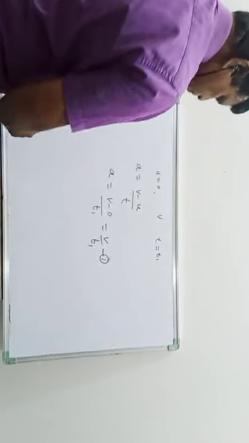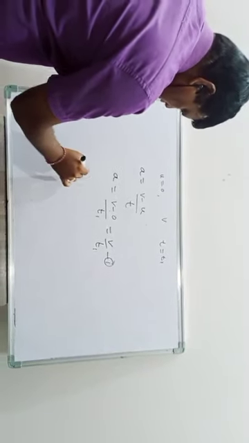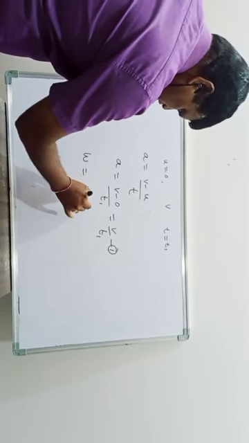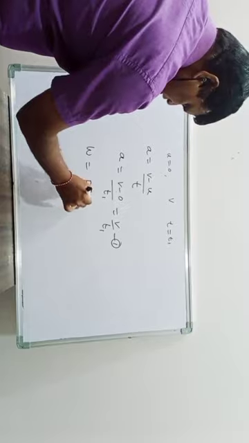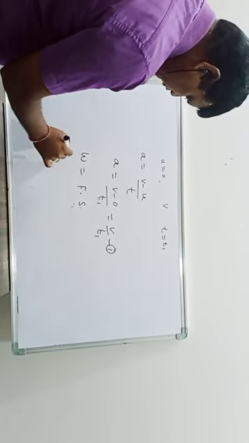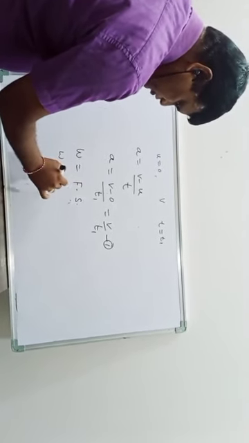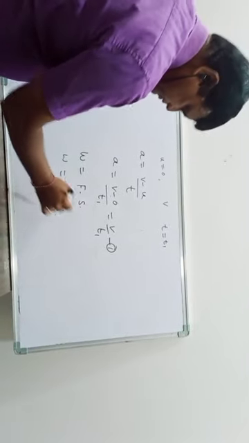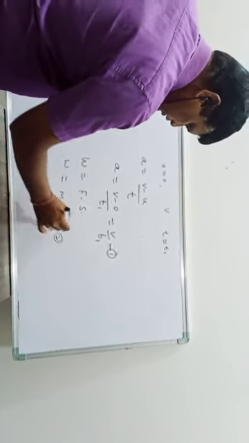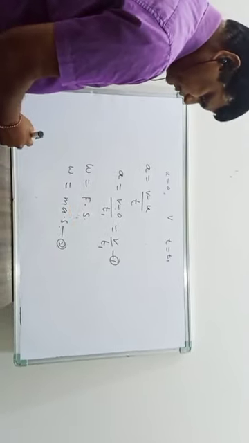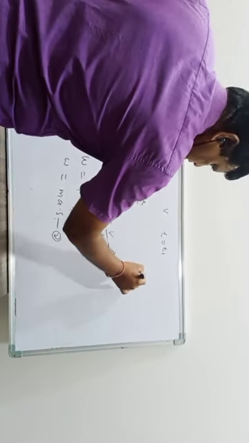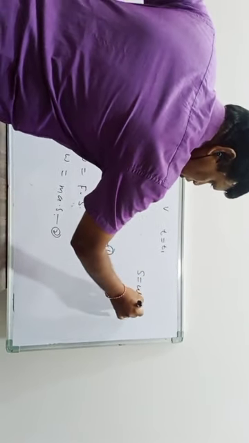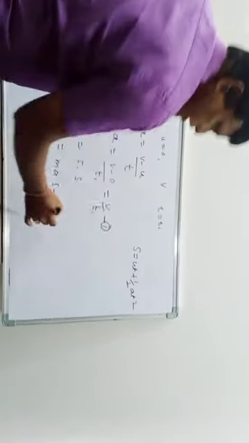Equation number 1. But we have to calculate work done in terms of the time function. W is equal to F dot s. We know that F is equal to ma, into s. We don't know the displacement of the body. Here we can calculate the displacement of the body by using the equation s is equal to ut plus half at square.